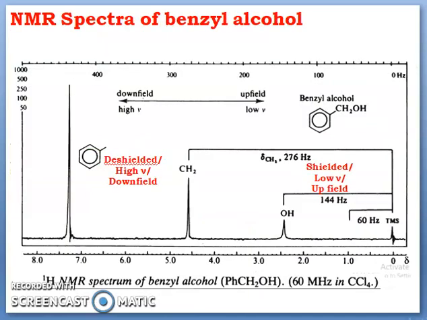Similarly, if you look at this spectrum, it is the NMR spectrum of benzyl alcohol. Here you have three different protons. First, aromatic protons, second, methylene, that is CH2, third is hydroxy. You can observe in these two spectra that the methylene of the aromatic compound, that is benzyl alcohol, is coming far away from the